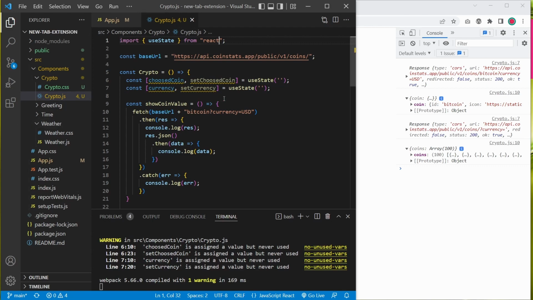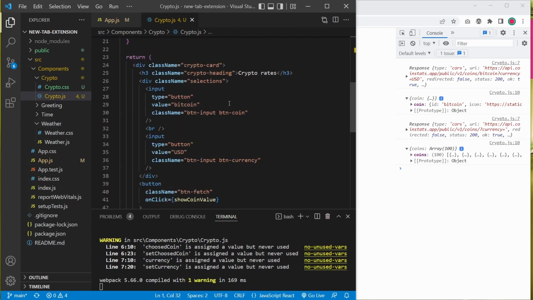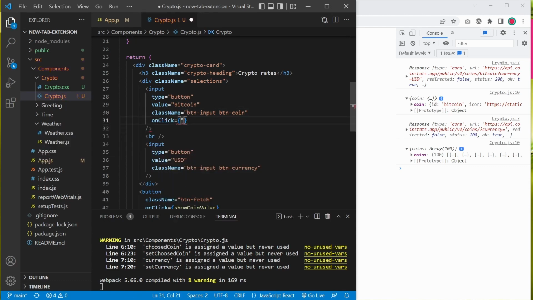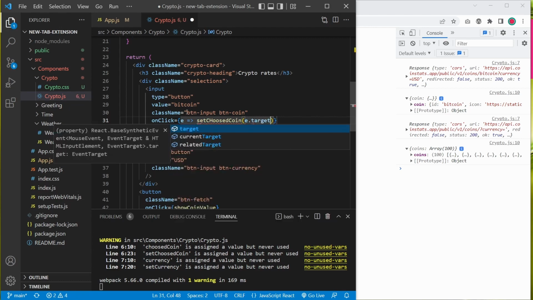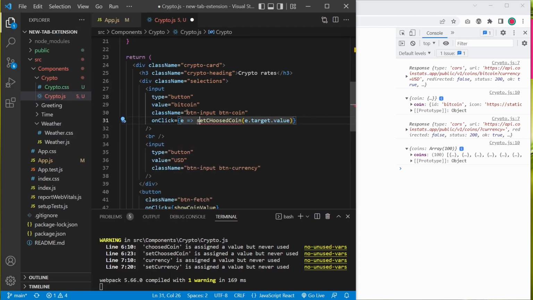Okay. Now in JSX we already have created these inputs and set their values to Bitcoin and US dollar. And by the way, these values are fixed, so we don't need to handle the onChange attribute. But instead we're just gonna cater for on-click events. So here I'm gonna say on-click. I'm just gonna take this event and I'm gonna set choose coin e to the value that's being typed in this target. Got some typo here. I'm just gonna duplicate this and do the same thing with this one, and we're gonna say set